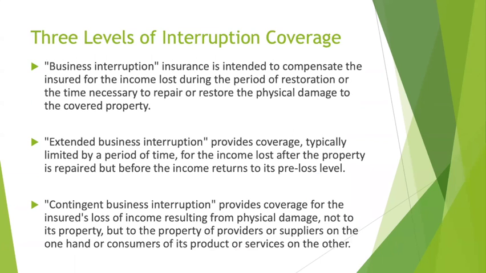Now, they typically look at three different levels of interruption coverage. Typically, when you're looking for this type, the insurance company is going to want proof of actual profits for a reasonable time prior to the loss that you're going to claim. Documentation, keeping up with all of the information, your profit and loss schedule.